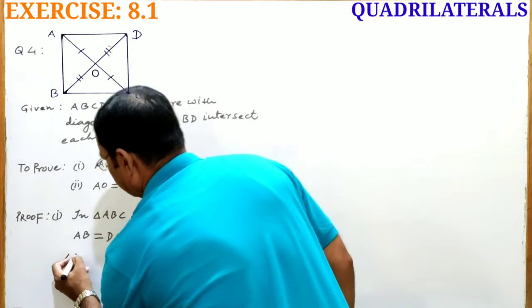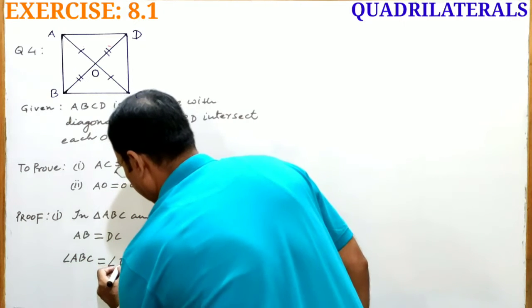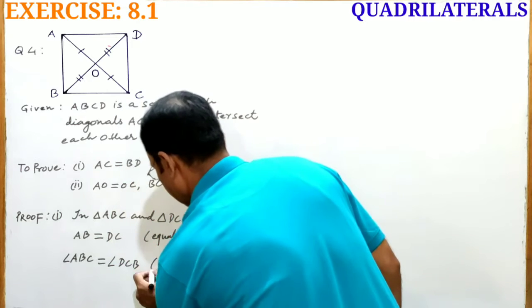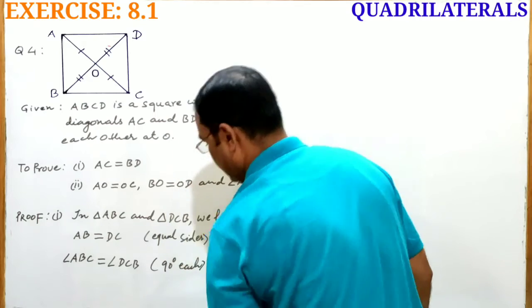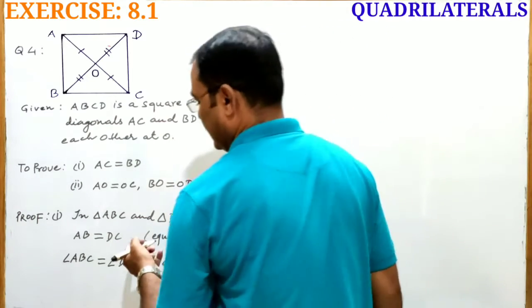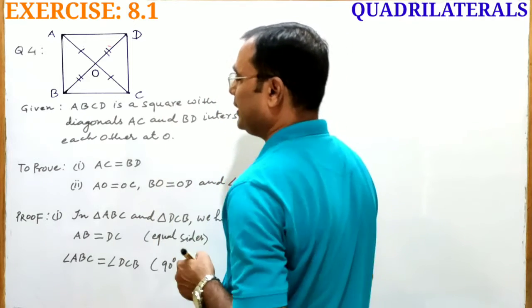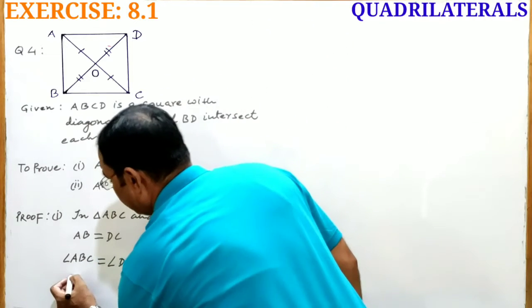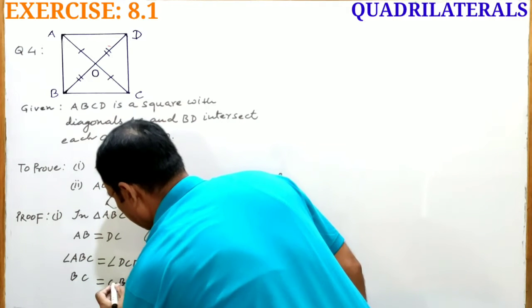Angle ABC is equal to angle DCB, 90 degrees each. Angles of square are always right angles, that is 90 degrees. So angle ABC is equal to angle DCB. BC is equal to CB, common side,